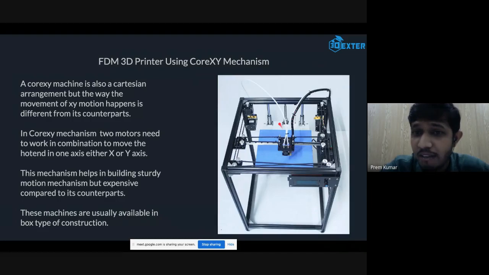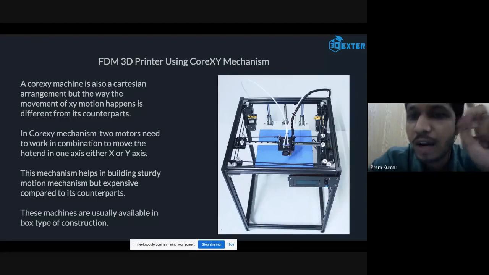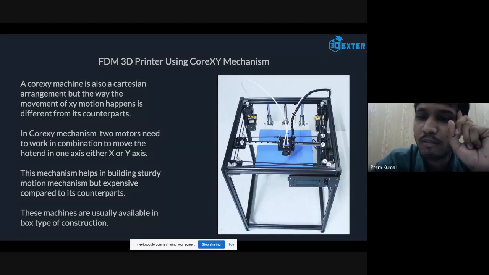Here we have two motors in this mechanism, on this corner. These two motors in combination will move this mechanism either left to right or front and back. In the previous mechanism, where the bed is moving back and forth, we have only one motor moving that build platform, which means only one motor is controlling one axis.